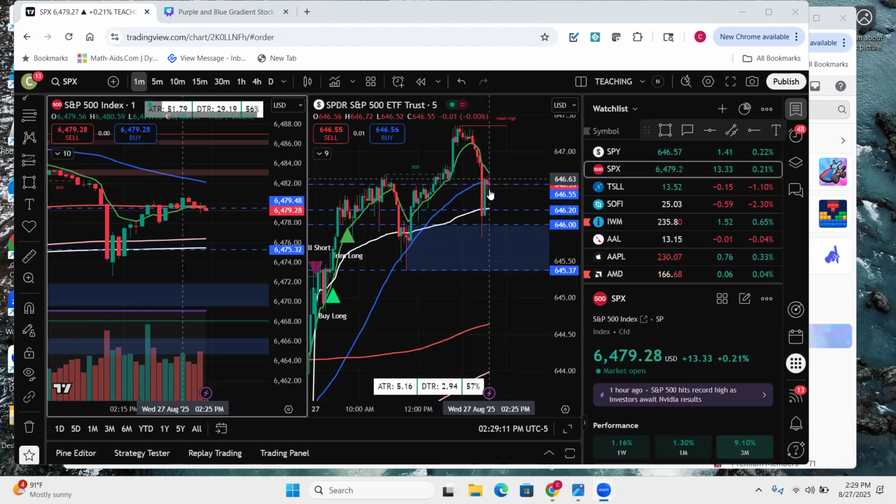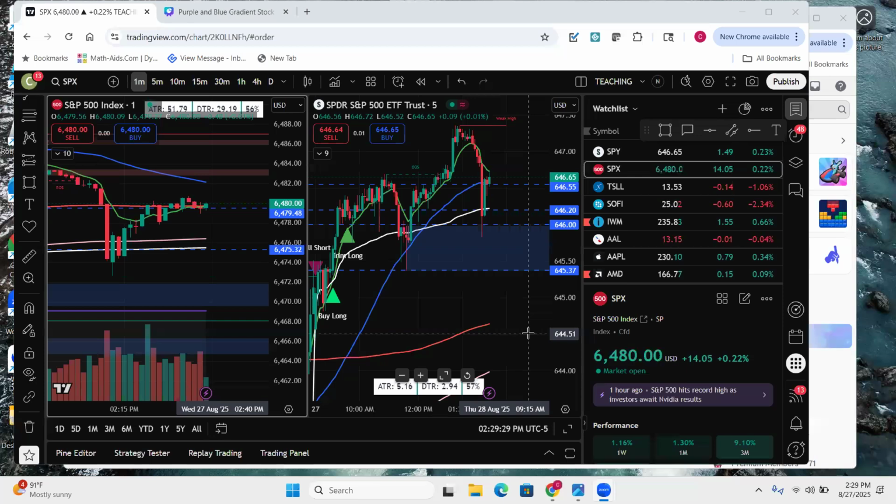So again, first target would be, take the put, first exit would be VWAP. Second exit would be the 200, and then this is just icing on the cake. But we need for it to break or do something at the 50 before we just jump into it. But puts